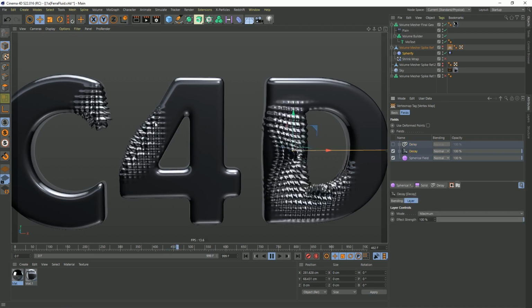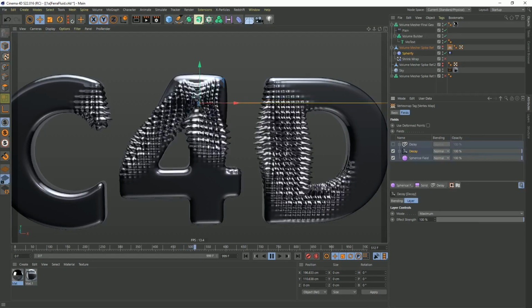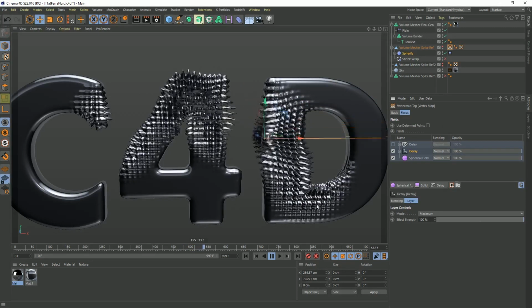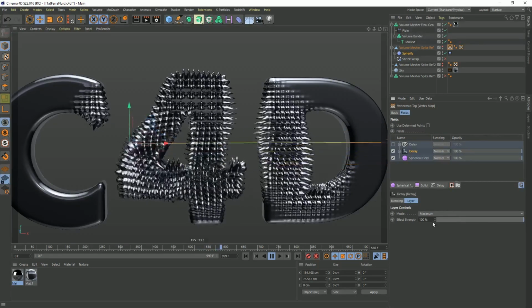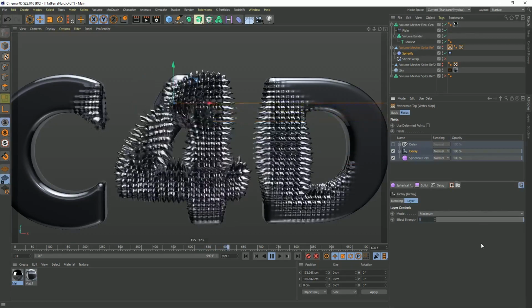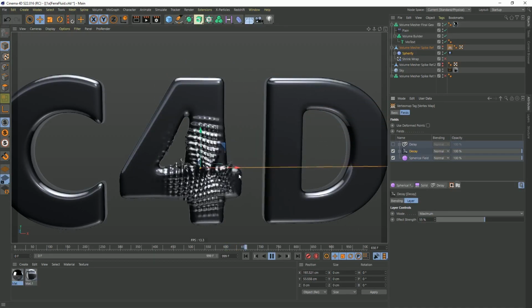And if it's at full power, you see that these spikes will remember forever where they are, which could be cool. Maybe you want that to happen. You want these spikes to remember and then slowly get revealed as they get more and more and more. Personally, that's too much for me. So I'm going to lower this down. Let's try about 50. And what I'm hoping for is we just get a little bit of a tail on